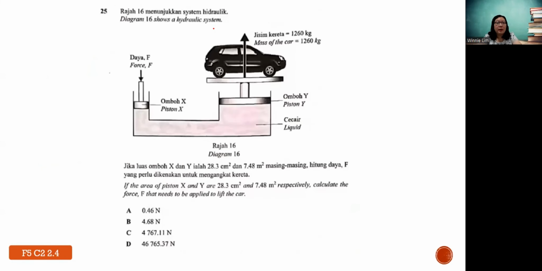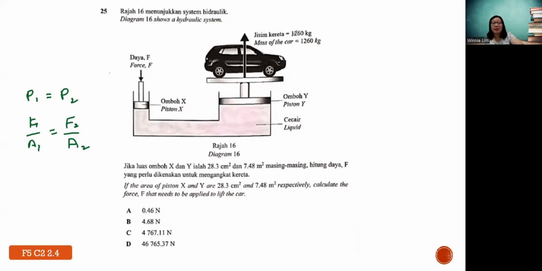Okay, next one. Diagram 16 shows a hydraulic system. If the areas of pistons X and Y are 28.3 cm squared and 7.48 meters squared respectively, calculate the force that needs to be applied to lift the car. For this idea, you may need the concept of Pascal's principle, which states that the pressure in an enclosed fluid is transmitted uniformly. So that's why we have the idea P1 equals P2, and then F1 over A1 equals F2 over A2. Now, for this question, you must be careful